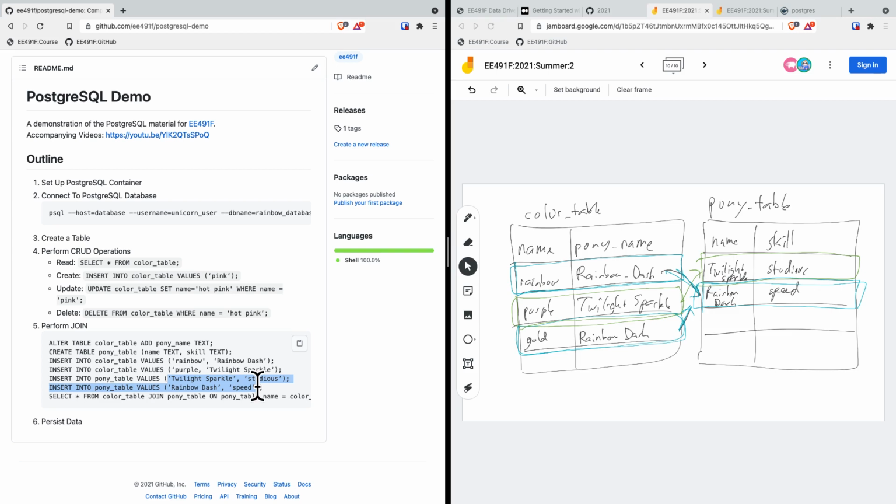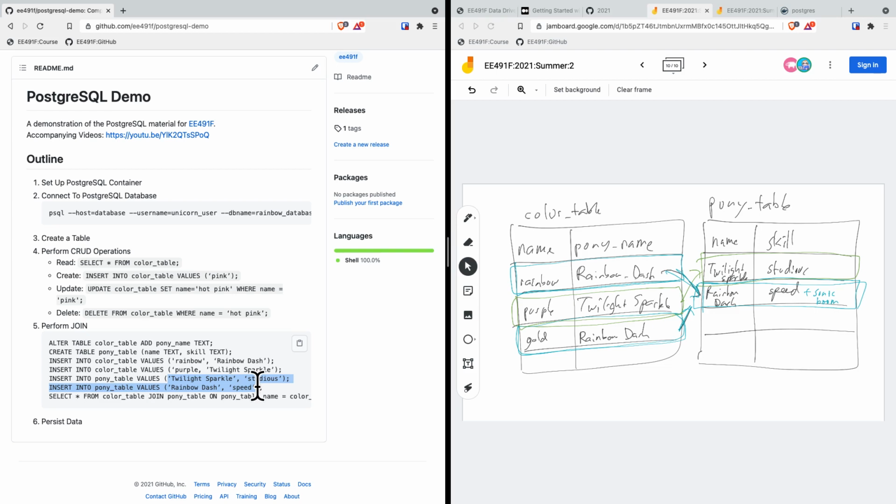And if we ever decide to add another skill to rainbow dash, like speed and, I don't know, sonic boom or something, we can change this one cell under skill, and all the colors will be related to this new skill,